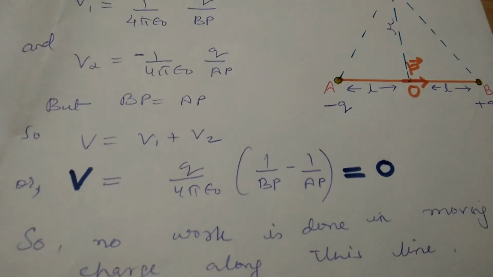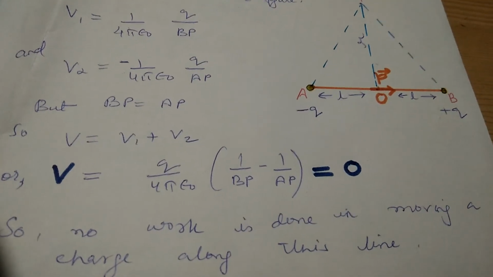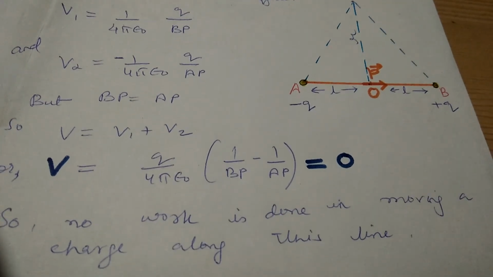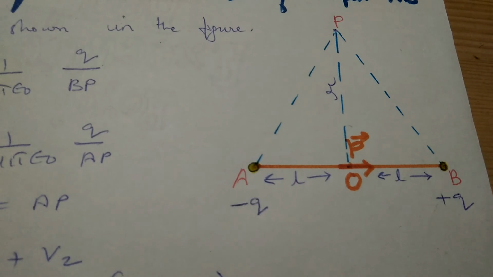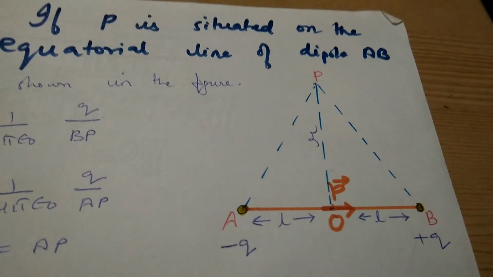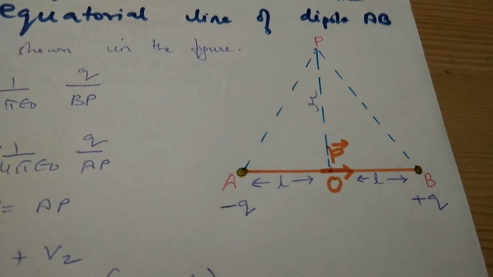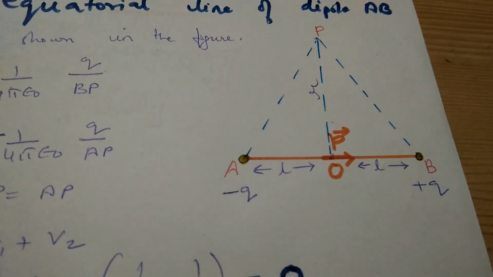But what is the physical meaning of V equal to 0? It means no work is done in moving a charge along this line. If we move a charge along this distance r, along the equatorial line, in that case no work is done. Potential is 0, so no work is